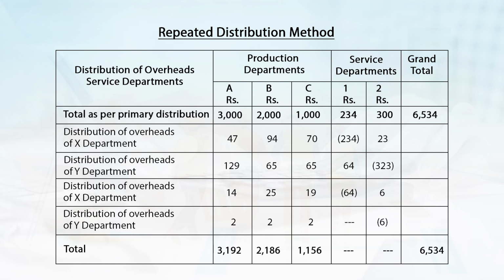Now, let us distribute the overhead of X department. Distribution comes to for production department A rupees 14, for B rupees 25, for C rupees 19, and for service department Y rupees 6. Now, let us distribute the overhead of Y department. The allocation comes to production department A rupees 2, production department B again rupees 2, and production department C it is also rupees 2. Therefore, the total of production department A comes to rupees 3192, for B amount is rupees